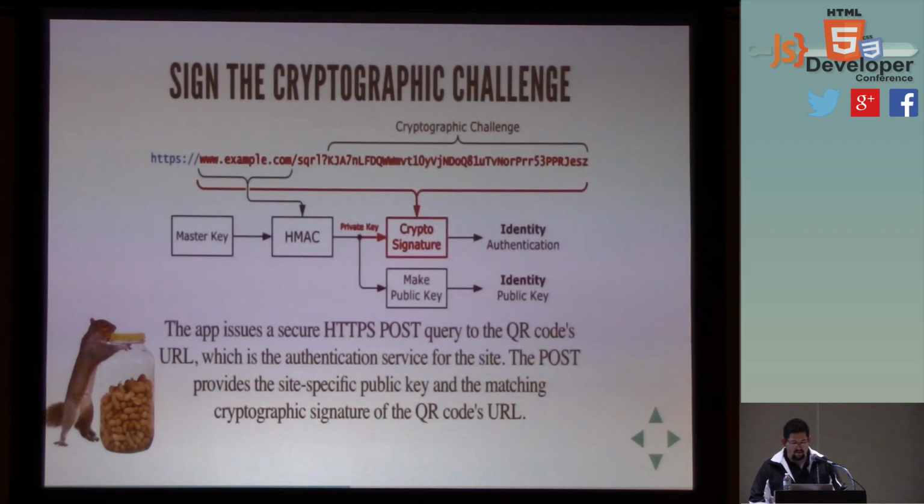Once the private and public key are both created, you're going to take the entire URL with the cryptographic challenge and sign it using the private key. And then you're going to send the signed signature and the public key back up to the server, or to whatever authentication service they have going. So what this does,